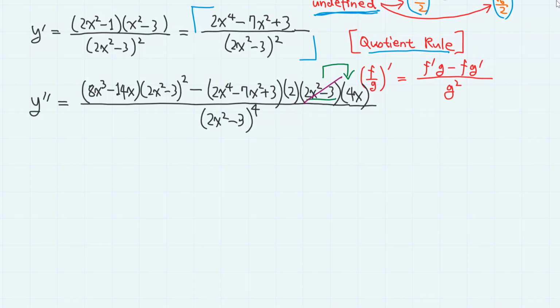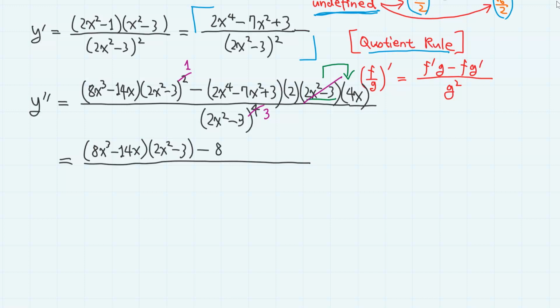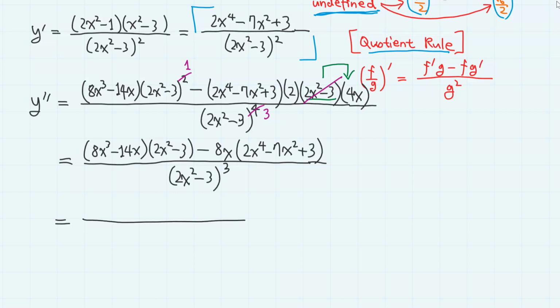Here we can cancel out 2x squared minus 3, so we have 8x cubed minus 14x times 2x squared minus 3 minus 8x times 2x to the power of 4 minus 7x squared plus 3, divided by 2x squared minus 3 cubed. And if you expand the entire numerator, from this part you will obtain 16x to the power of